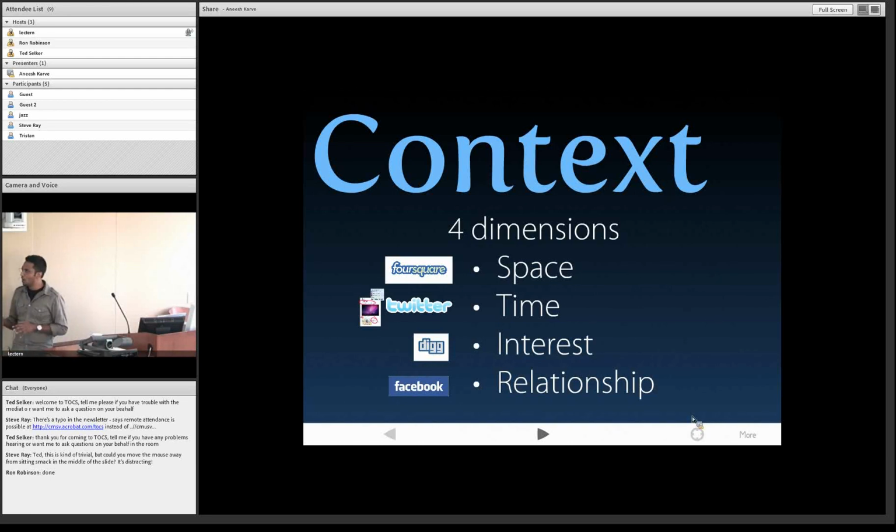And the interesting thing to note is that some of the major social networking services, if you look at them, they have tendencies that line up with one of these single dimensions of context, right? So Foursquare tends to be heavily focused on the space dimension. Twitter, heavily focused on time. Digg, we have a community here that's built around interest. And finally, relationship. And we think the important thing here for communication platform designers is not to let any one particular type of context dominate the interface, but to have a general understanding of when users would benefit more from having a view that's slanted towards one of these particular dimensions.